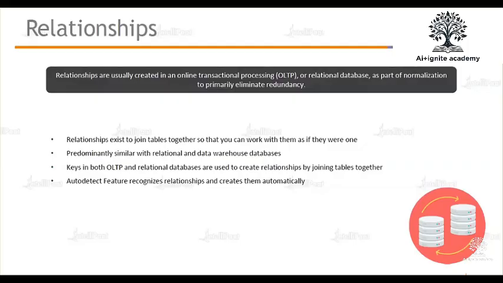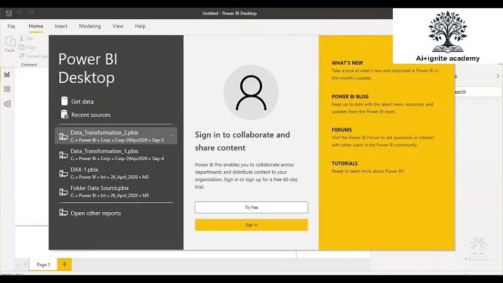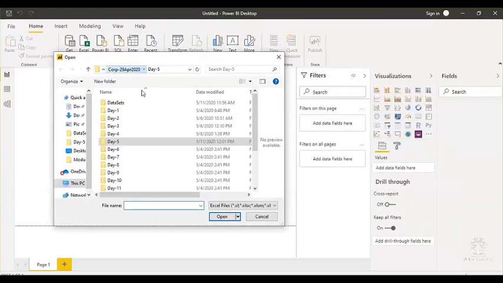That is redundant data, because we already have this information in the products table. Why are we extracting this in our order details table? If you want to use that product name, you can build a relationship, and after building the relationship you can extract it without pulling that column into the table. So let's say you have 10 columns in any Power BI Desktop file. We just load the data.